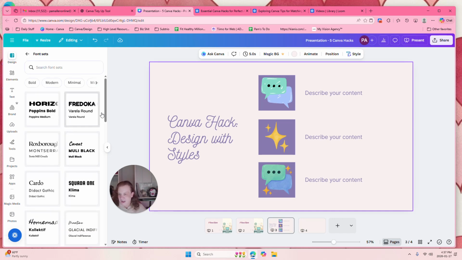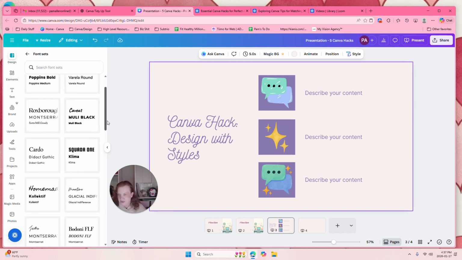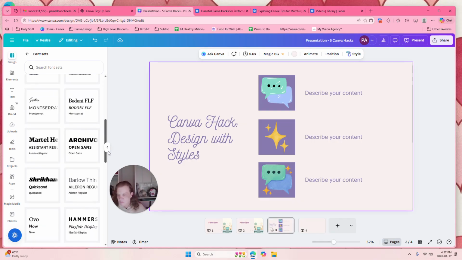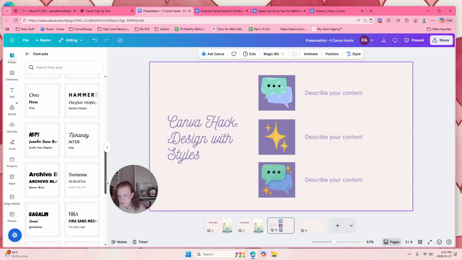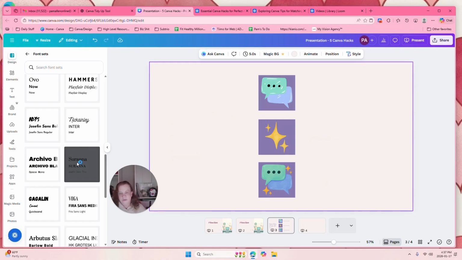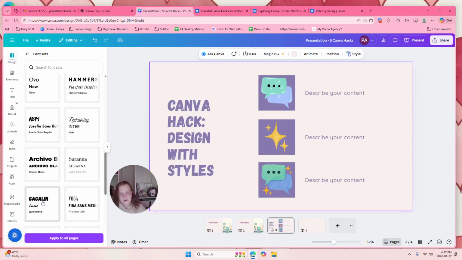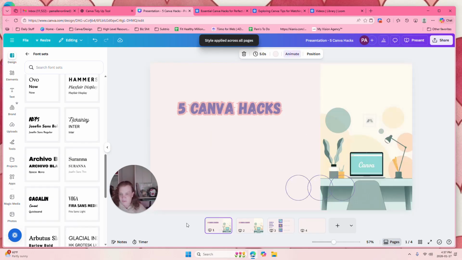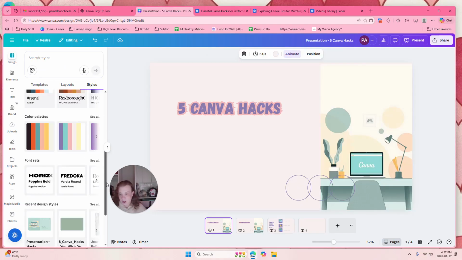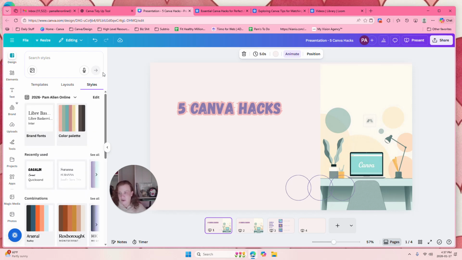You just go to font sets, and let's go over here to see what hits, like, what do I want over here? Let's go ahead and do this one. And then I can apply to all pages. And there we go. That works nice, huh? If you're kind of stuck with colors and fonts, just make sure you go to design,